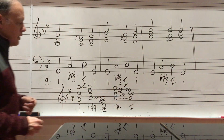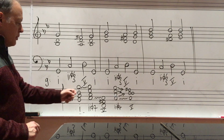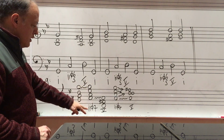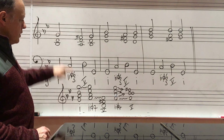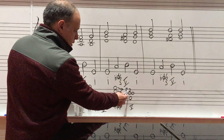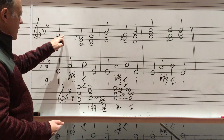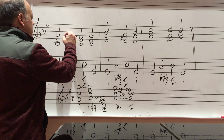So that's all in place for me. Now, what I want to watch out for is two things. First of all, I want to be able to grab hold of this thing, which is going to be turning into the 7th of chord 7. So I'm going to be looking for that doubled root. And then what I'm hoping to see is this thing ending up being very close to this thing over here, all right? So if I look at these models, the first thing I can notice is that indeed, if I hung onto that,